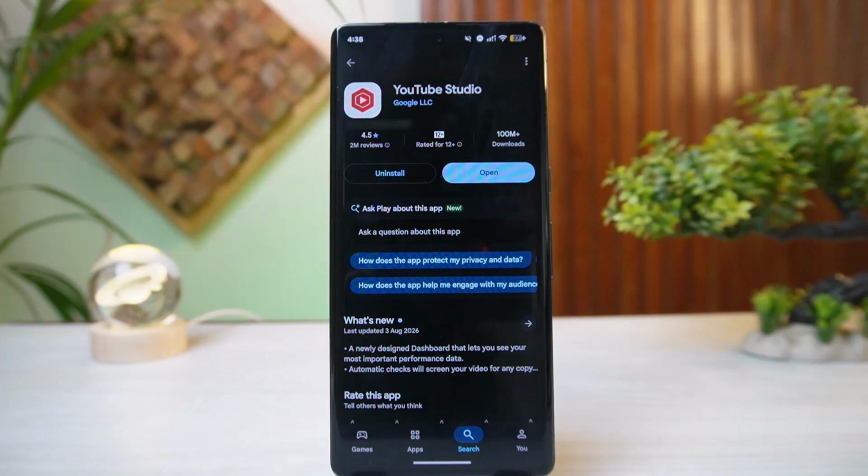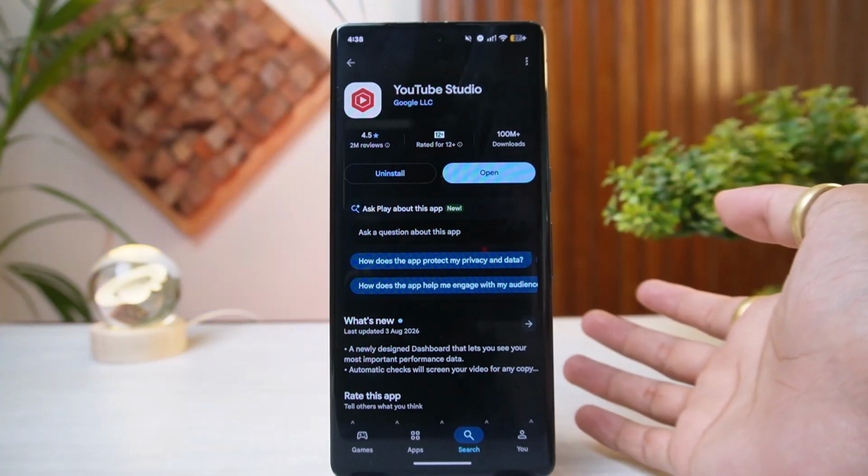How to use YouTube Hype feature step by step. To use the YouTube Hype feature, you simply have to launch the YouTube desktop application or